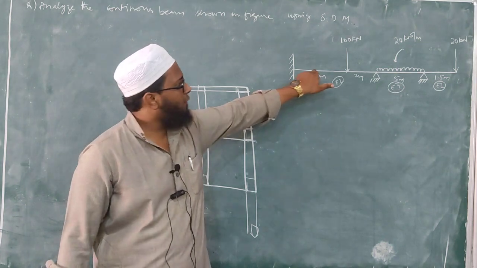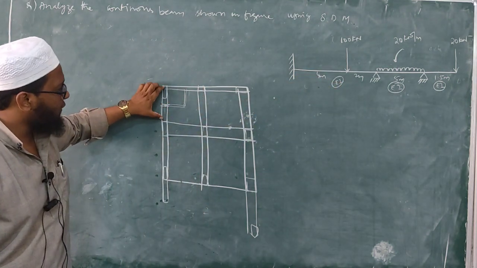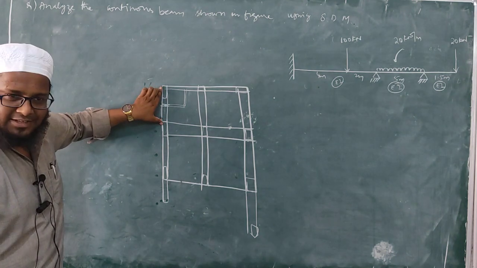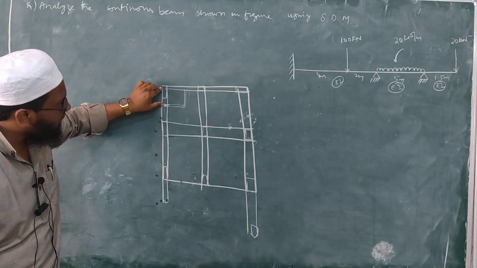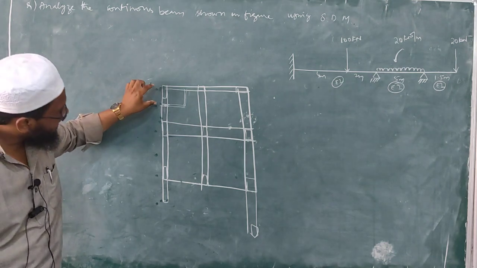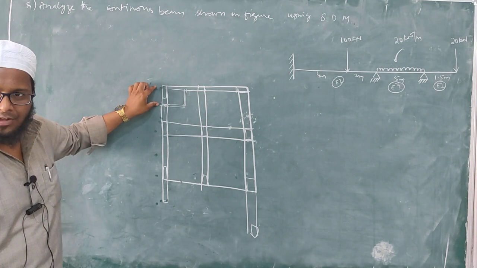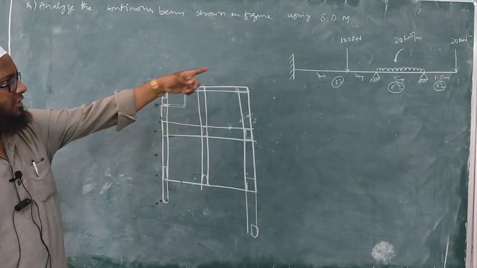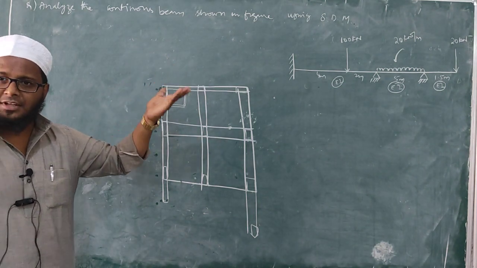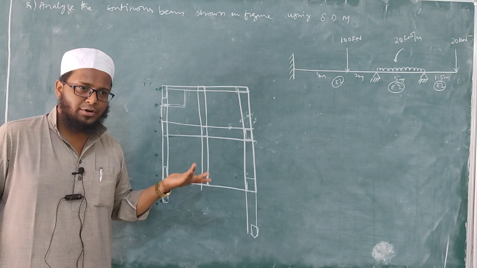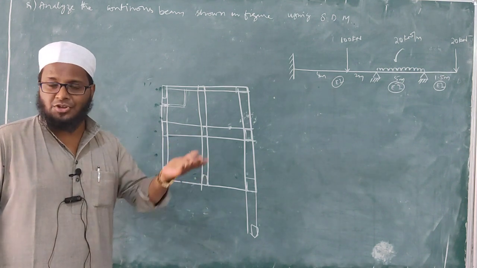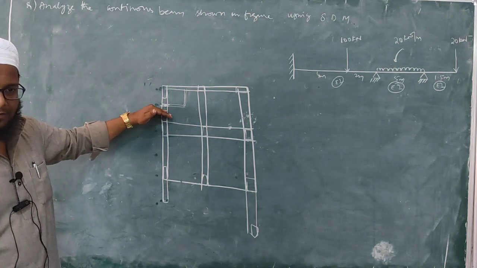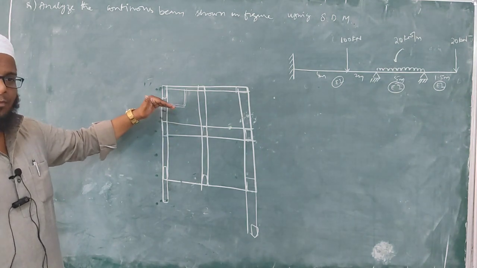Okay, this is 4 meters. Consider the total span as 6 meters. Just assume that total span is 6 meters. After 4 meters we have a wall there. So this is that wall. This wall is nothing but your point load. So what is that point load? 100 kilonewton. It depends on the thickness of the wall, again whether it is 4 inches or 9 inches. That depends on the requirement of the client, isn't it? So this is your 4-inch wall, and that will act as a point load.